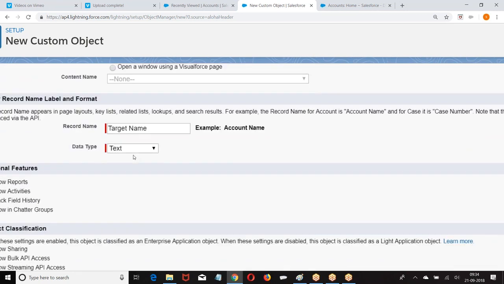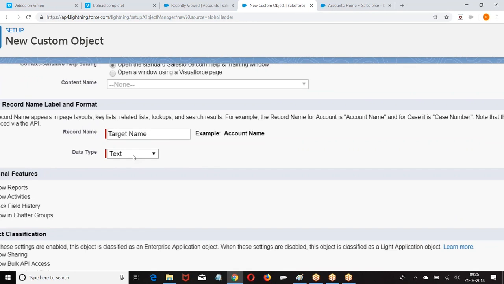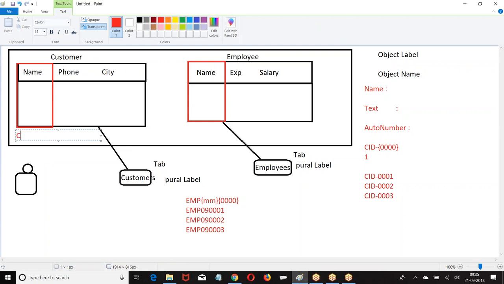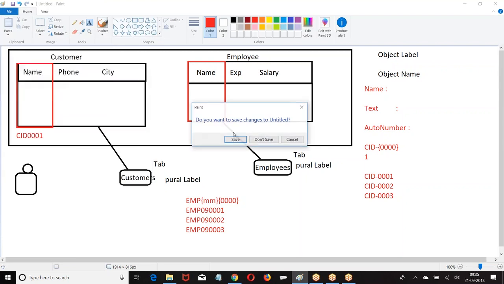Now, every object will have one standard field, which is called the name field. If while displaying I display this as name, people may misunderstand it as a customer name. But what am I actually storing here? The field name is name. If I say name, people may misunderstand it is a customer name. But actually what am I storing? Customer ID. So with what label should the name field be displayed on the UI? Look at the format, boss.